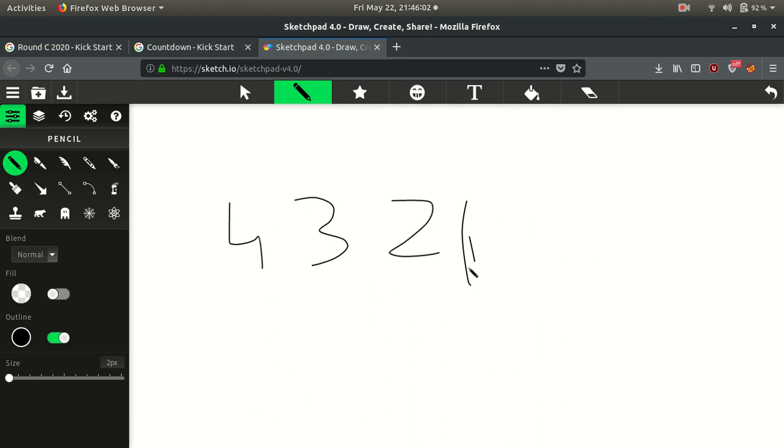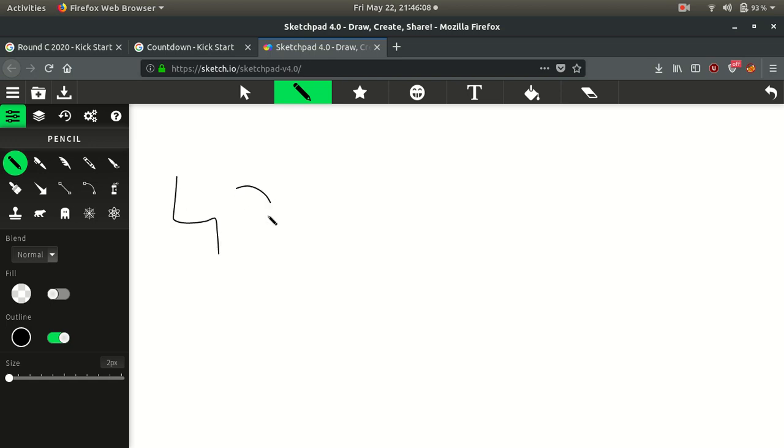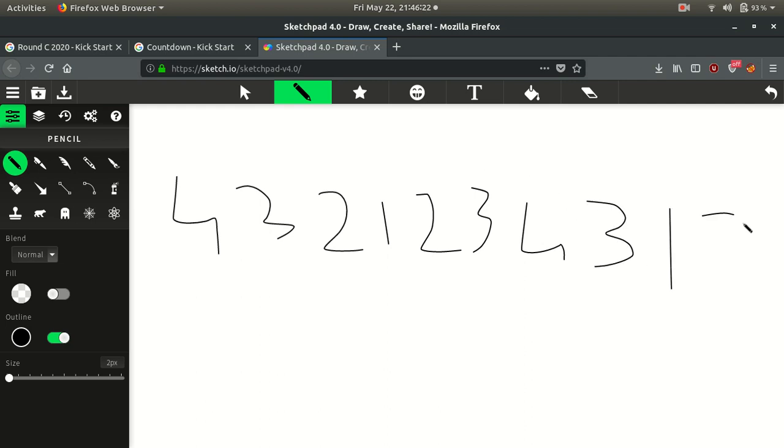Okay, so now suppose we have an array of size 10, 4, 3, 2, 1. Okay, so we have an array of size n is equal to 10.